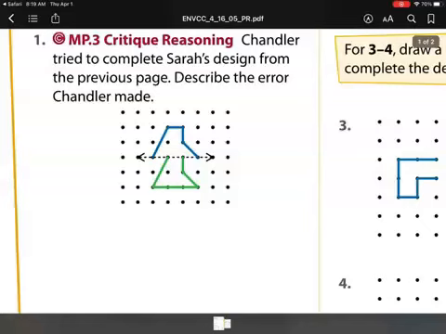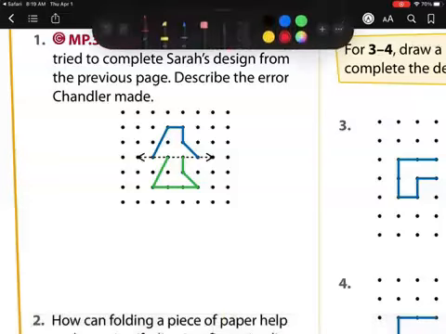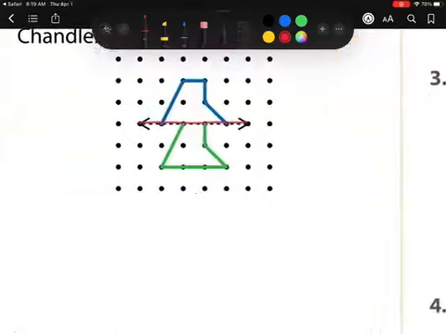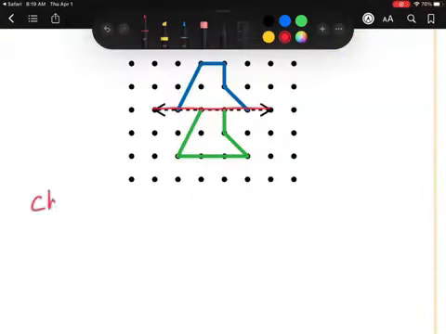Now, our first one says, Chandler tried to complete Sarah's design from the previous page. Describe the error that Chandler made. Now, remember, when we're working on this, we're looking at that line of symmetry, and it's a fold. So remember, when we fold it, the top shape should be the same as the bottom shape. So notice, when I fold it, that green part isn't going to match the blue part. So the mistake Chandler did was Chandler